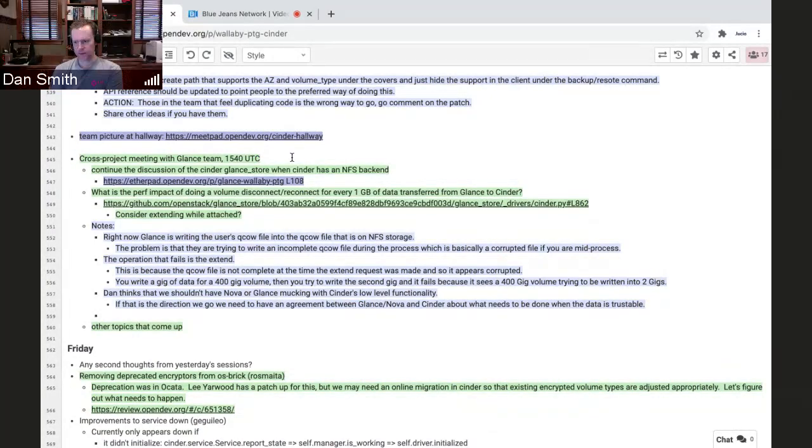Yes, although it seems to me like what we've got is a layering violation, which is that Cinder might interpret this file in certain situations, but we're going to add some flags and notation to try to prevent it from doing that in certain situations. I'm not completely following everything that you're suggesting, but okay.